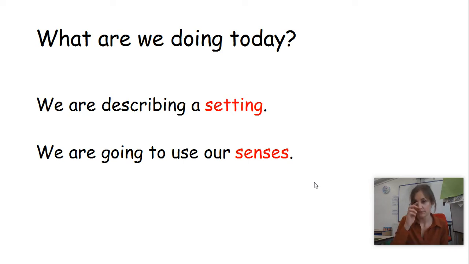So, for example, if there was a story taking place at a swimming pool, I bet you could start predicting that maybe there'll be lots of children playing games. There might be people with armbands. You might hear whistles from the lifeguards telling people not to be too silly by the water. So knowing the setting is really important. Now, we're going to be describing that setting using our senses.